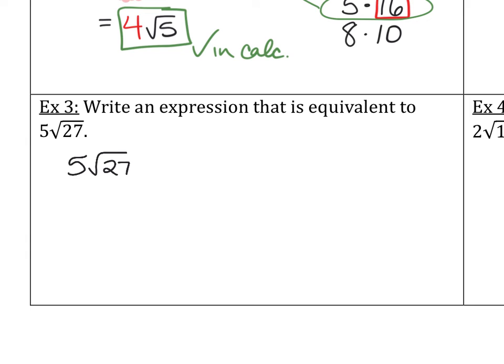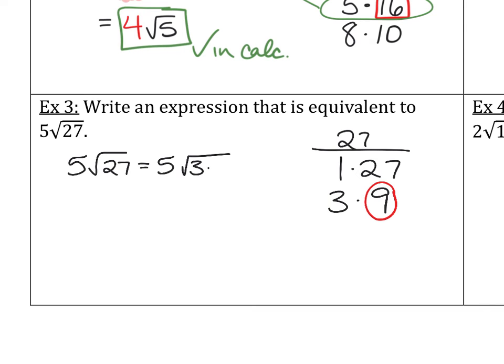How do you get this? Yes, it's this one. Have we gotten this far? The list for 27 is 1 times 27 and 3 times 9. What's the biggest perfect square on that list? 3 times 9. 9 is the biggest perfect square, so that means I'm going to make my radical